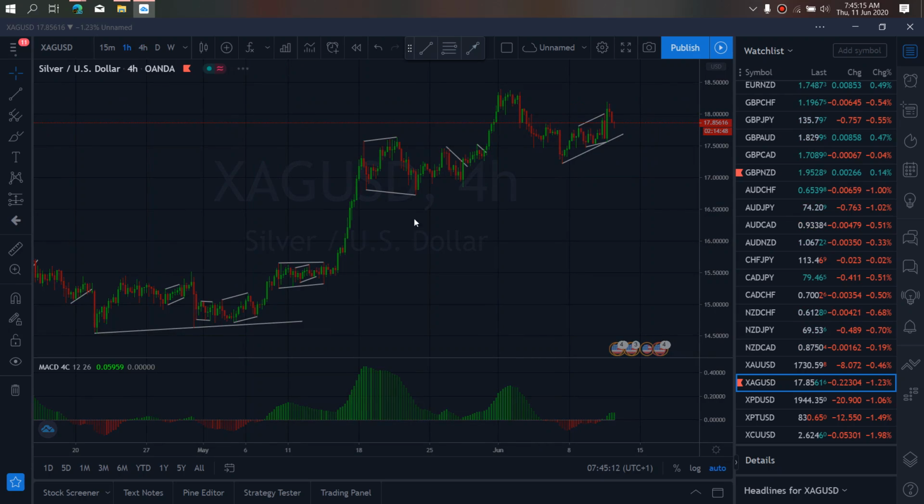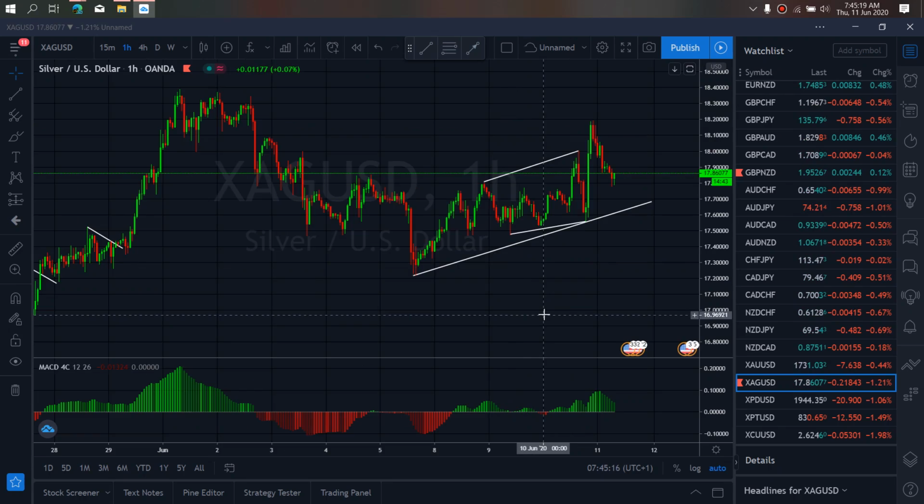If we zoom to the 1-hour time frame on Silver, we want to watch out for corrections to here and then drops downside towards this low. So this is the trade we want to watch out for on Silver. Sell setup to the low. So we want to look out for that as it develops today, or at least a sell setup that will